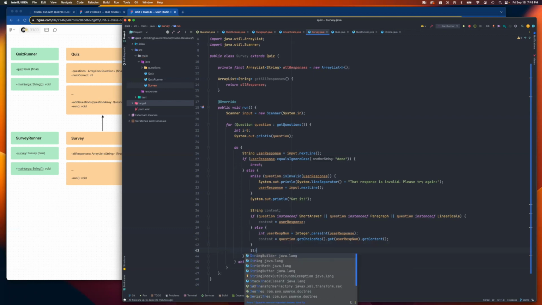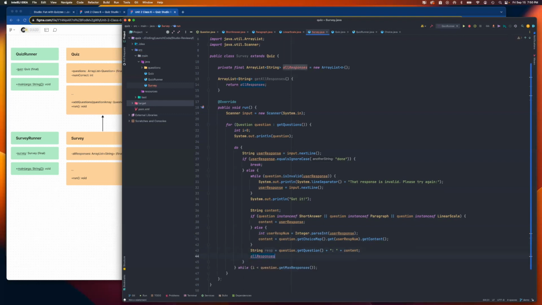So let's now say, okay, we want the entire response that we're going to throw into that all responses ArrayList to be the question first. And then we'll put a colon and a space, and then tack on, and that was supposed to be a plus sign, so let me fix that. Plus the content, whatever the content is. If it's what they gave us, or if it's the value of the key they gave us. And then we'll say allResponses.add, just to use the regular add method that belongs to the ArrayList class, and add response. And then we can increment i for the next go around